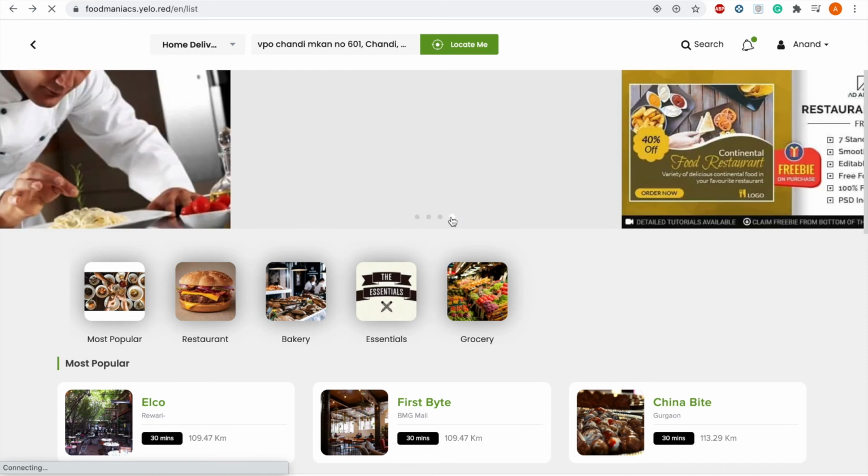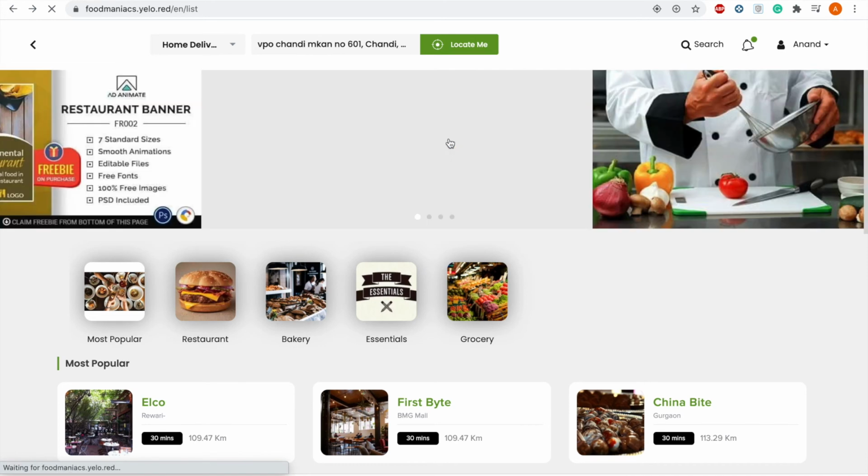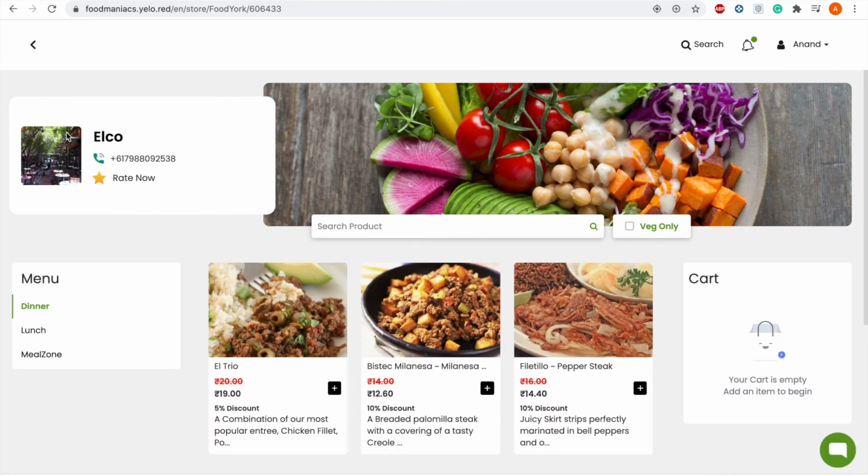Now you can see that new banner has been added. Now you can see that it has been redirected to the merchant that we have mentioned earlier, and admin can also promote the specific product using the ad banner or for a particular merchant.